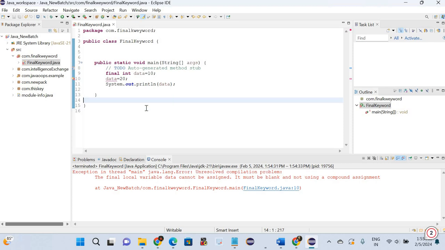It is recommended to use uppercase for a final variable in Java. That you can do, but it's not necessary. You can use it like this: final int data is equal to 10, which I have written. But if I use this,